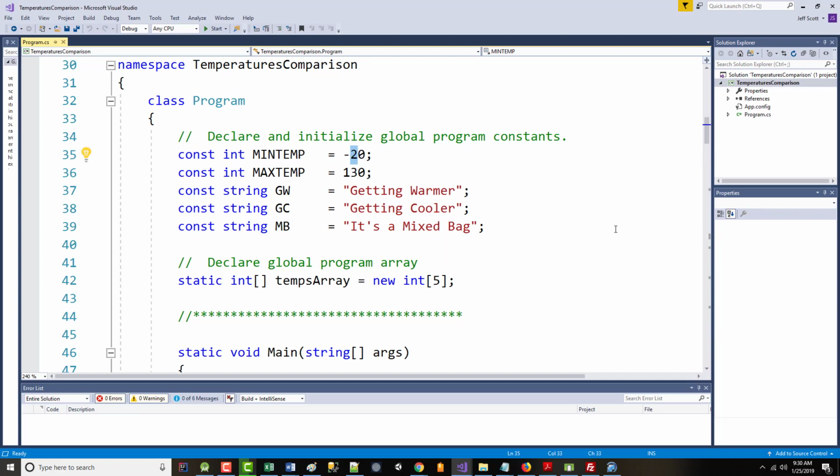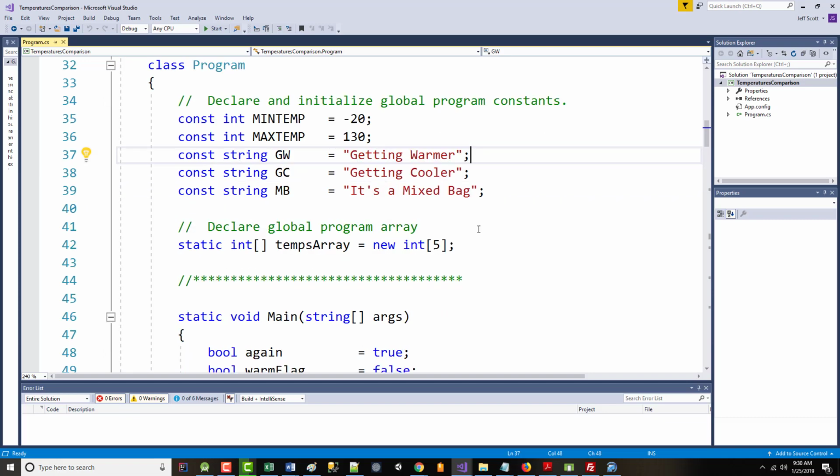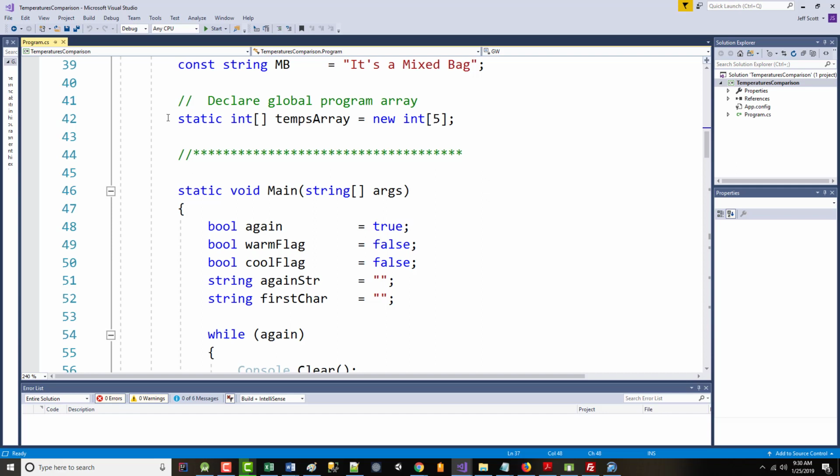That's all. I also took those, what they told you to print out, getting warmer, getting cooler, and it's a mixed bag. I just made them strings and made them constant strings. Didn't have to do that. Program doesn't run any better because I added lines 37, 38, and 39. It's just another way of doing it. That's all. All right. Then I've got one global variable, and that's my temperature array that's going to hold 5